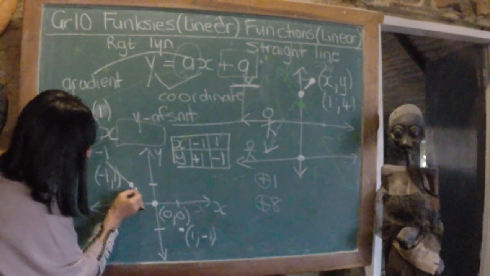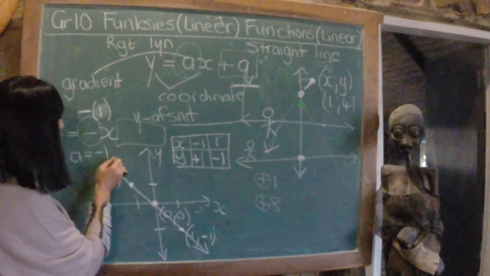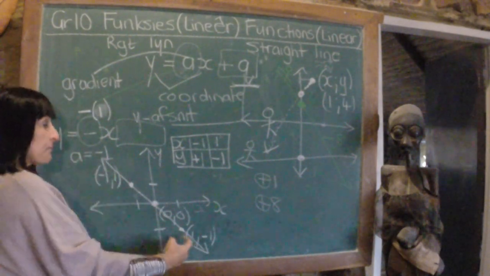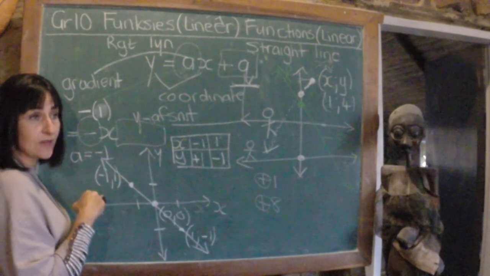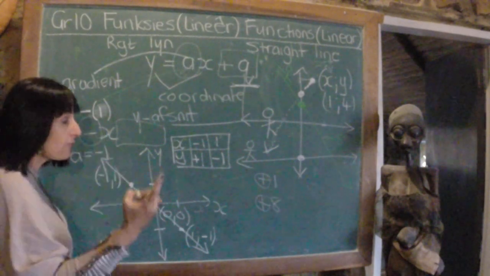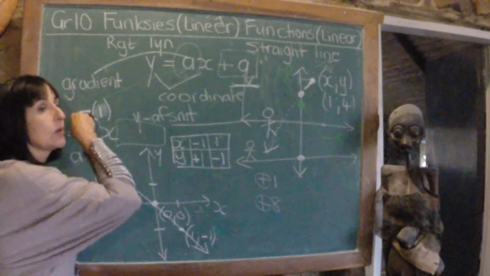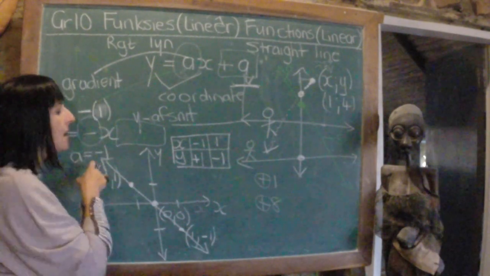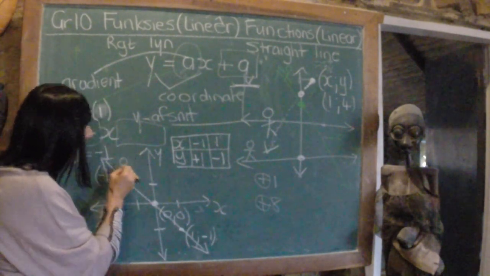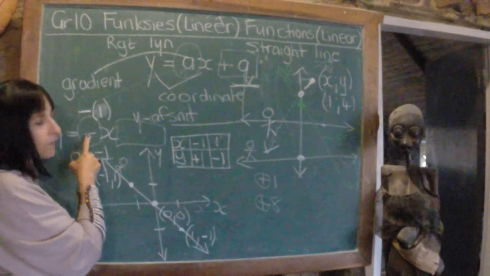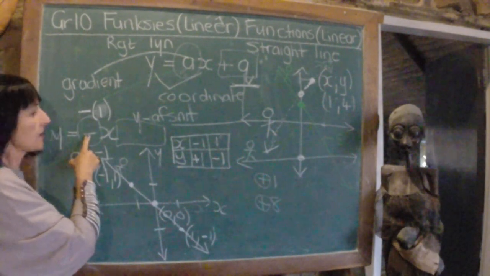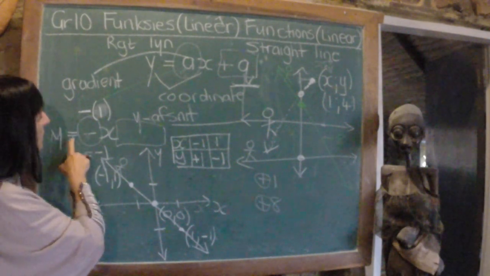So I can draw my line and clearly we can see that the steepness of this line and the previous one is the same. But the difference is this one is going downwards. Hierdie lyn gaan afdraande. Hoekom? Want hy het 'n negatief voor. Can you see it? So I've drawn my Y equals minus